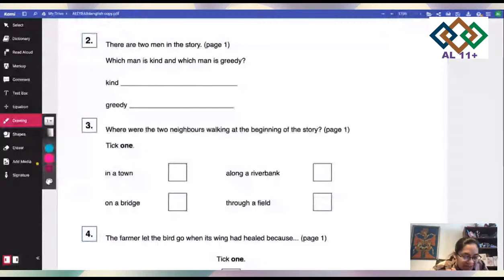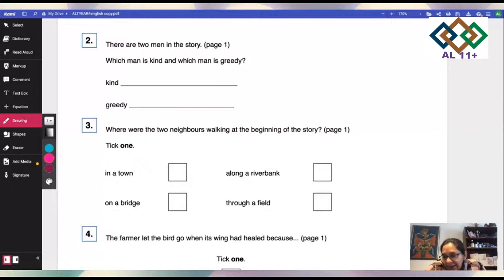If you read the story, just try giving me the answers. If you guys have read the comprehension, just keep typing the answers. What do you think? Who is the kind man? And the second one is, who's the greedy man? You know, there was one who was really greedy. He always wanted to be rich. So which one was the greedy one who always wanted to be a rich person all the time? So what do you think the answer could be for the first one? Anybody giving me the answer, or you want me to give the answer? I'm just looking if anybody is giving me the answer.